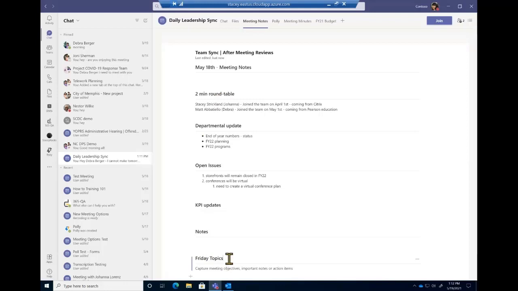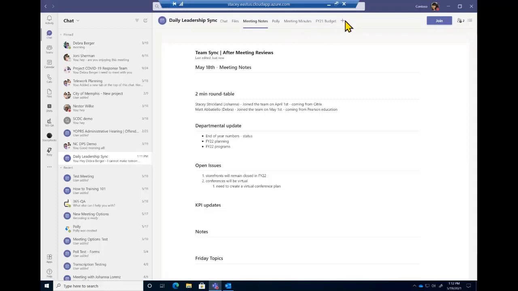You can come in, edit it, and remove items, but maybe you want to track things for a running yearly log, or you want to be able to potentially share these notes with somebody outside of your meeting. So in that case, what I also did up here, you see this plus sign.